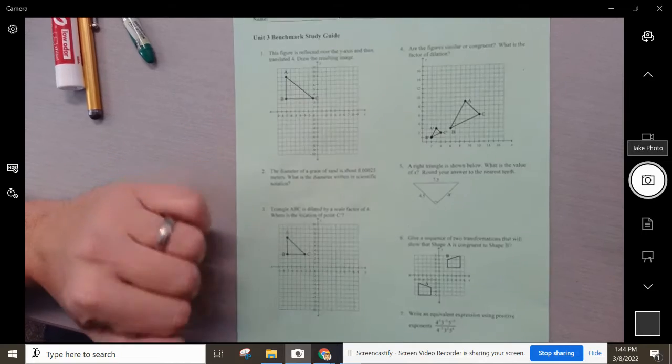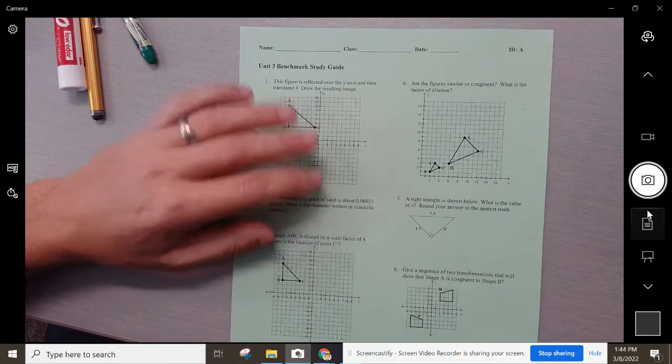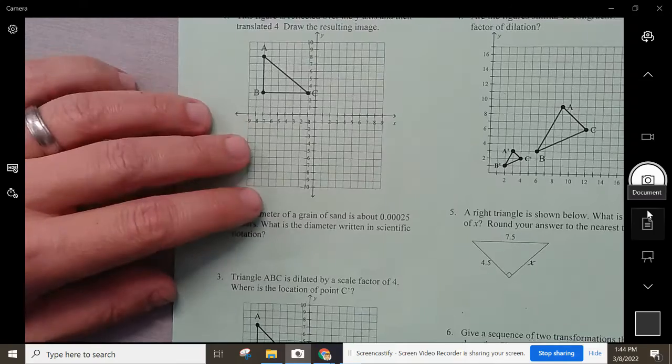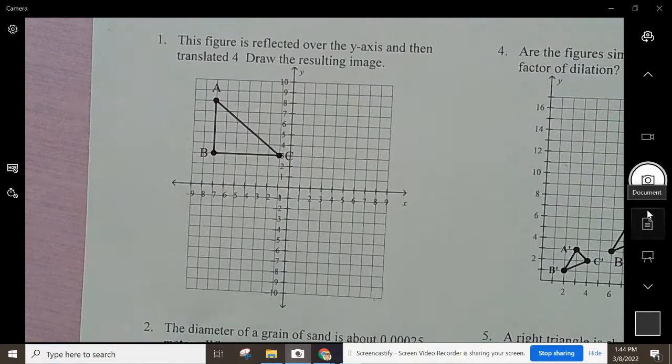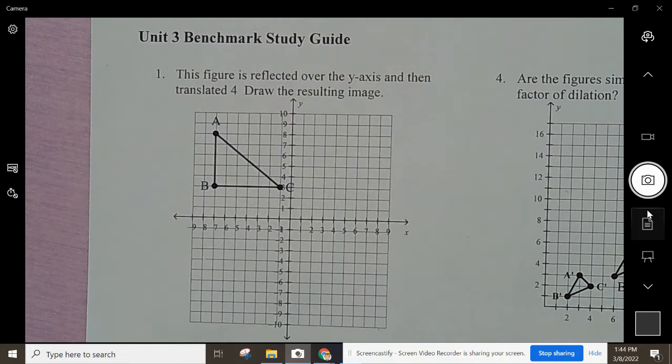Okay, let's go over this study guide. As we go through them all, I'm not going to just give you answers. I want you to still work on this, but I'm going to give you a little bit of help in the right direction. All right? So as you're looking through this, I want to make sure